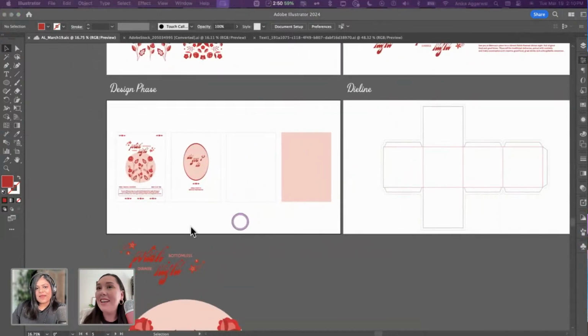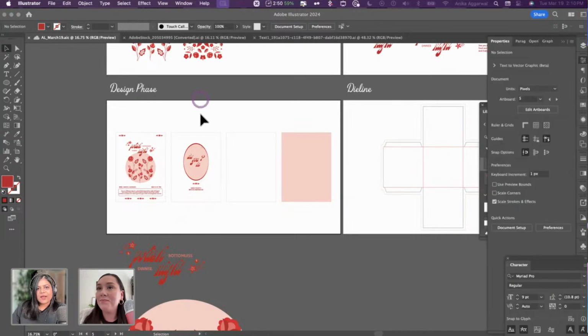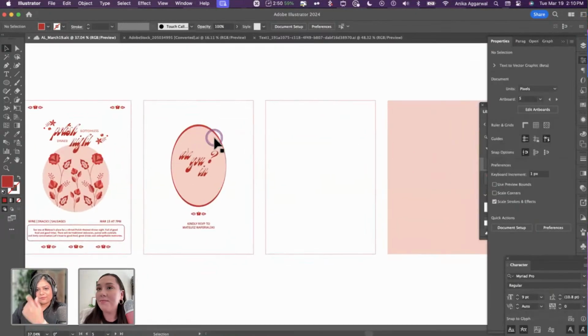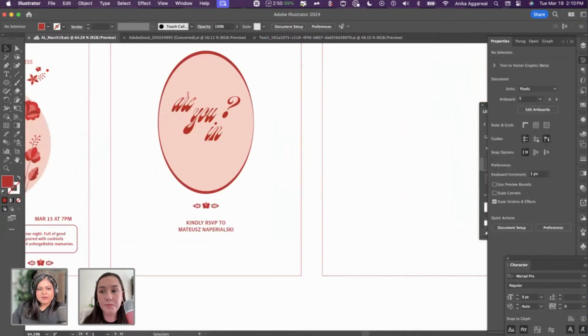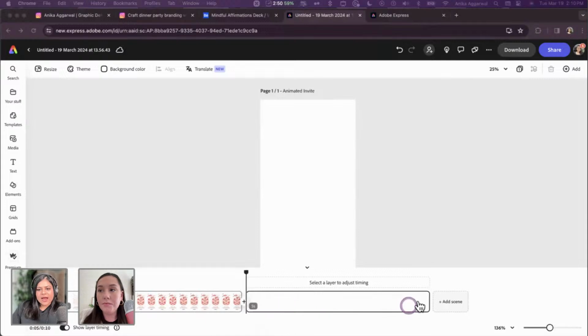I love it. Okay. So that was the animated design. What I want to do now is go to menu because I know we're 40 minutes into the stream. I do want to cover all the things that we said we would, or as many. And this is the back of the card, and I would just add it as a scene. So what I did here was I clicked on add a scene here.